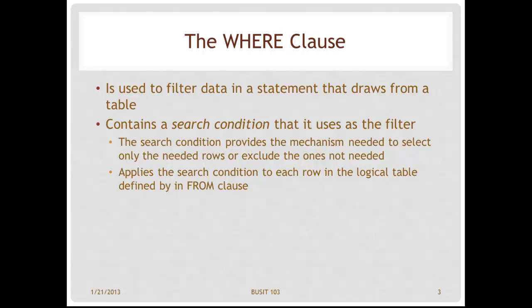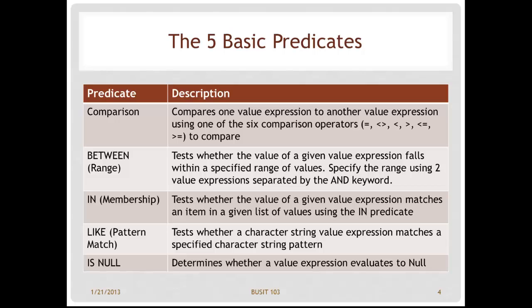The where clause is used to filter data in a statement that draws from a table. It contains a search condition that it uses as a filter. This search condition is a mechanism needed to select only the rows, or exclude only the rows, that are not needed. It applies the search condition to each row in the logical table that is defined by the from clause. The 5 basic predicates that we'll look at are comparison, where we can compare one value expression to another;